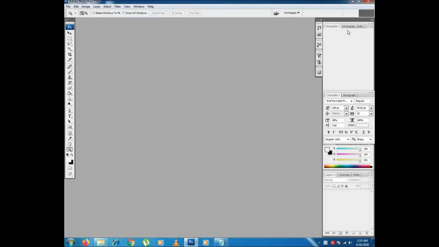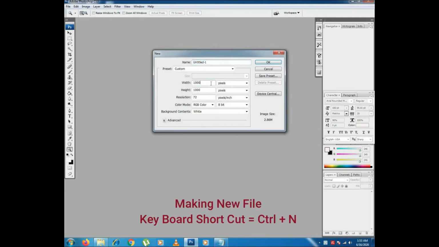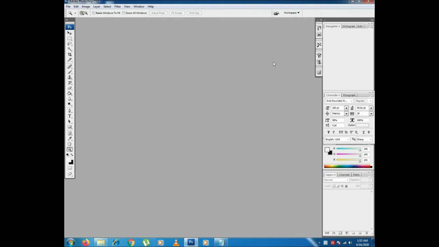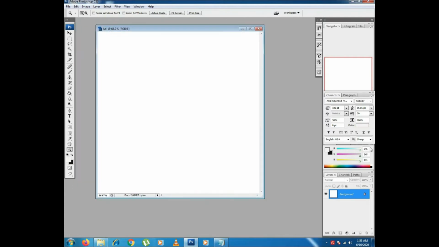Okay, so I'm going to make a new file, 1000 by 1000 pixels, width 1000 pixels and height 1000 pixels, and I'm going to name it add and click OK. Yes, you can see we have made a new file, and just have a look at the layer box,